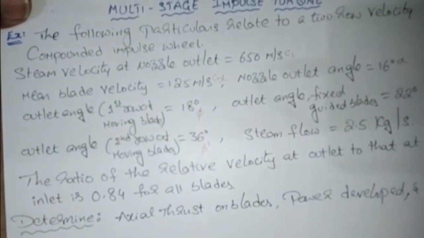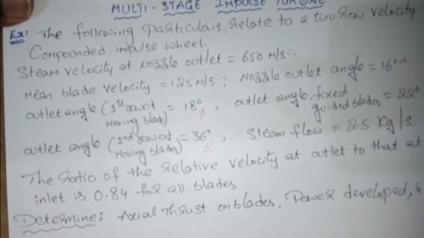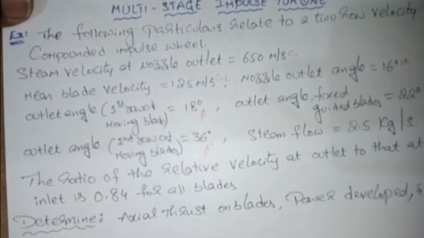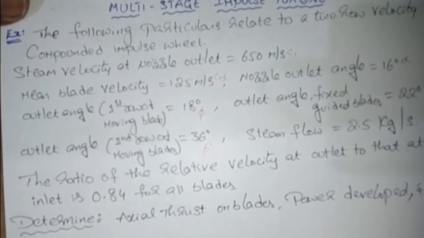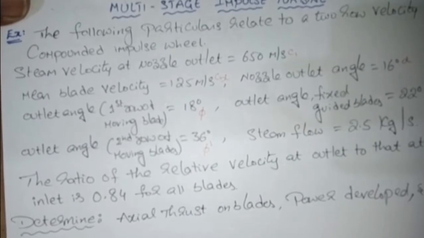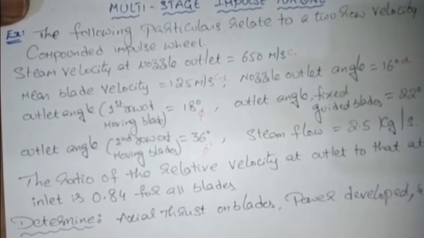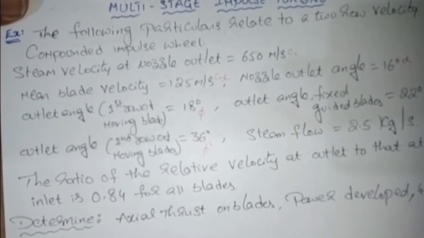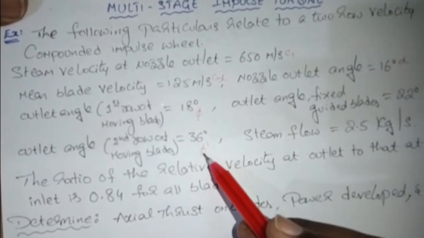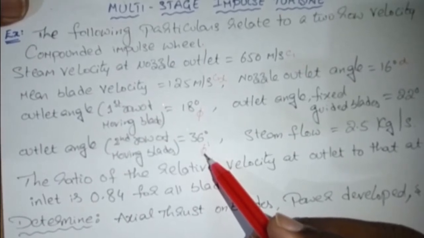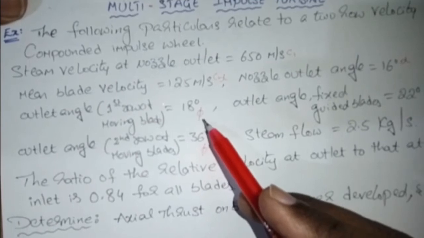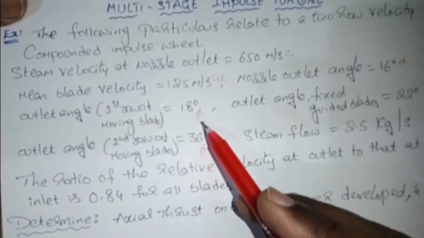Here we have to observe one thing. In single stage, C1 or V1 is the inlet velocity triangle, and V0 or C0 the outlet. Some textbooks use V for velocity, some use C. One denotes inlet, and C0 or V0 relates to outlet. Here this is a two-stage. Phi dash represents the second row of moving blade notations. Phi is the first row of moving blade.